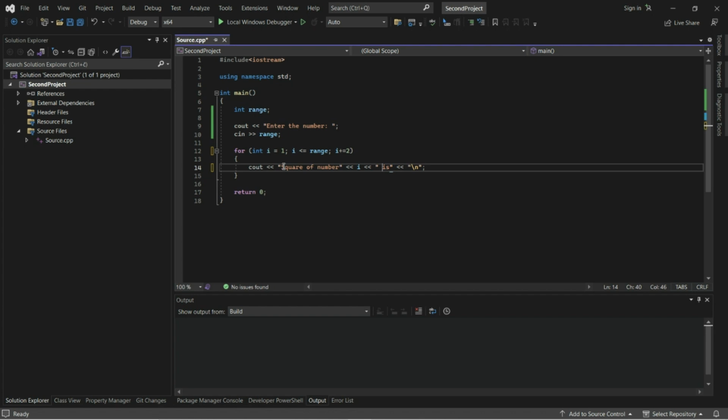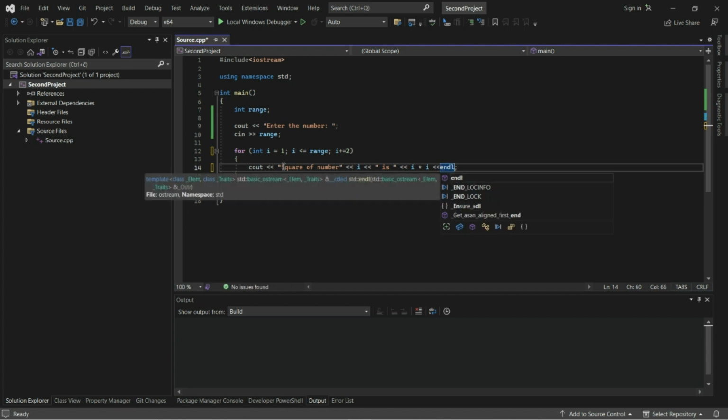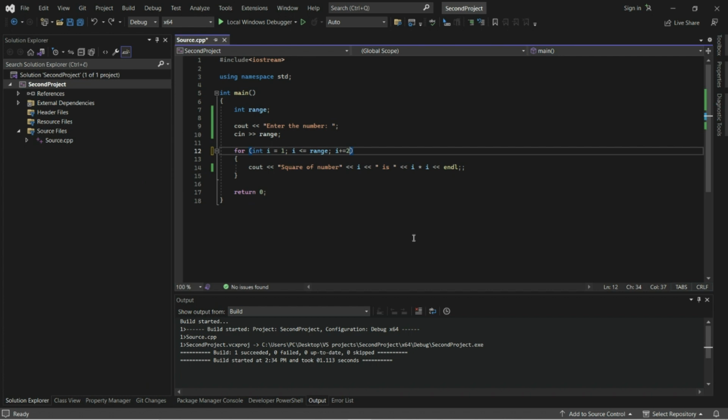It is i multiplied by i. And last, I need to modify update of the loop to make sure that variable is incremented by 1 after each iteration. So I will use increment operator, and I will also add space here. Let's now run this code.